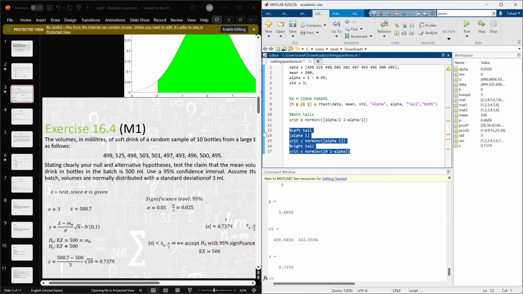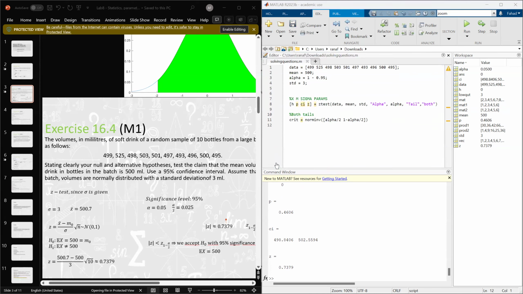Anyway, in our case, I'm just going to comment out this whole thing. I will not comment out the latter because it's in the notes. So norm inverse, these are the critical values. And with that, we can actually go and solve. I'm going to say the last three lines, critical, left tail and right tail,